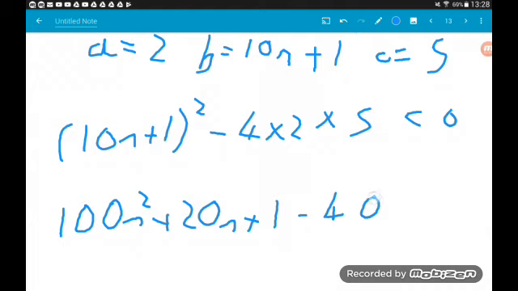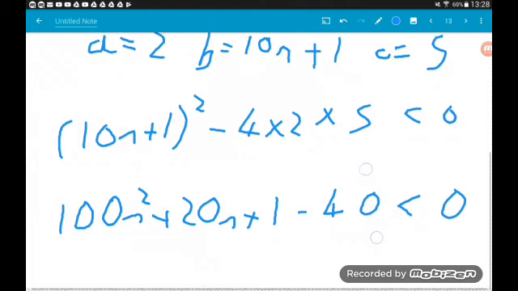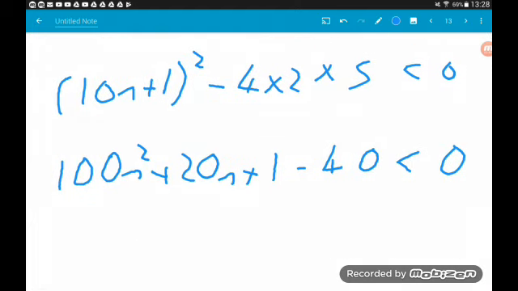Like that. So again, that's all less than 0. Okay, what can we do next? Well, we can simplify the plus 1 minus 40. So we got 100n squared plus 20n. Now 1 minus 40 is minus